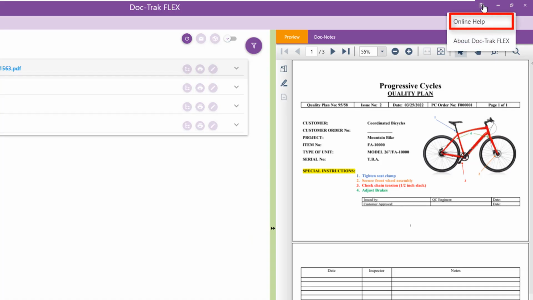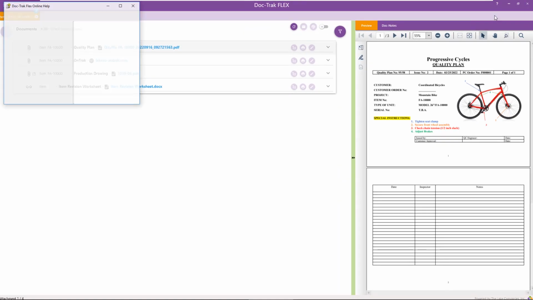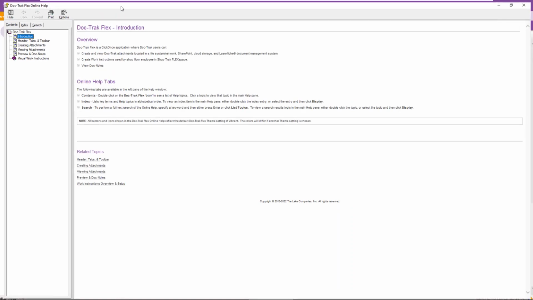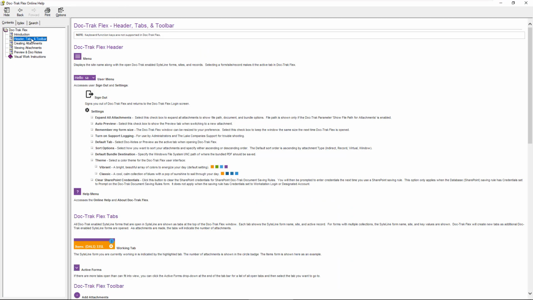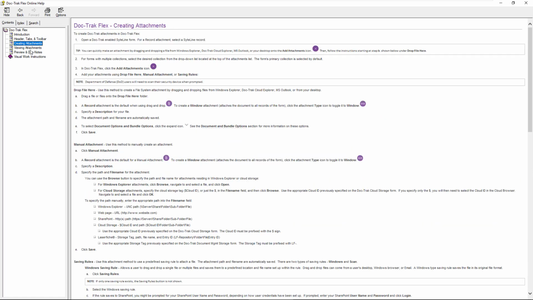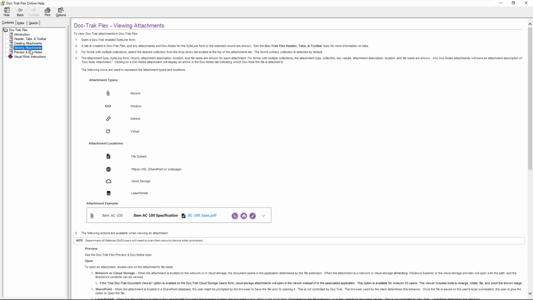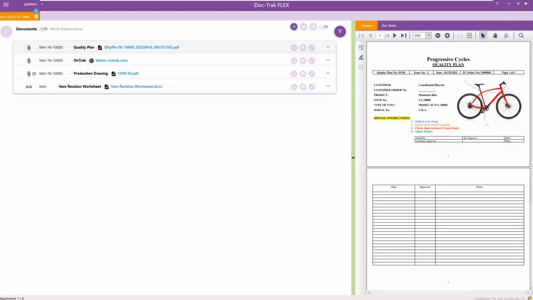From here, you can also select Online Help for DocTrack Flex. This is a very helpful reference on icons and controls, as well as instructions on using its many features. All right, let's restore DocTrack Flex.